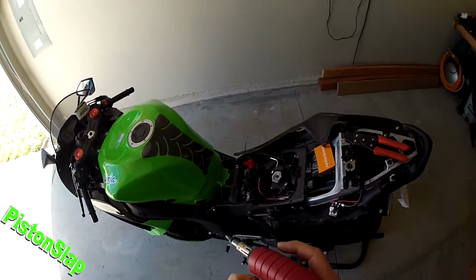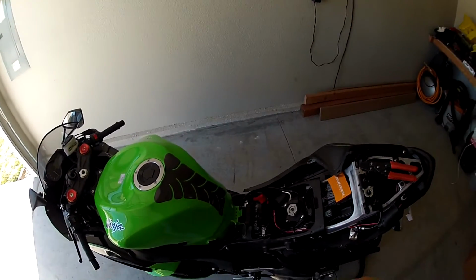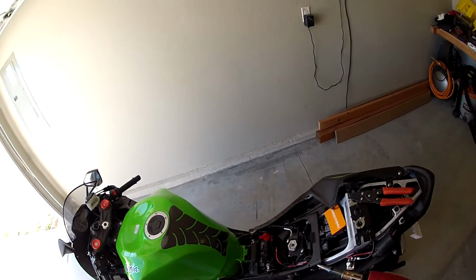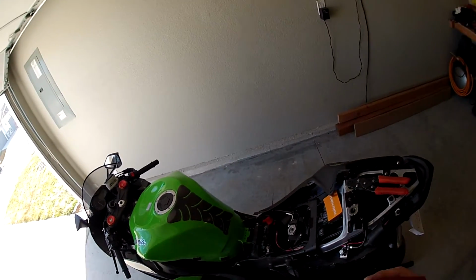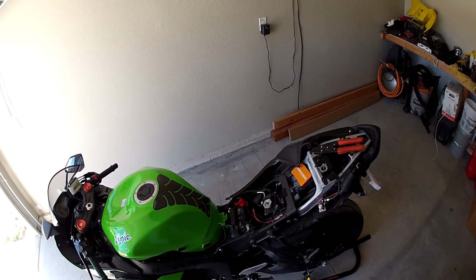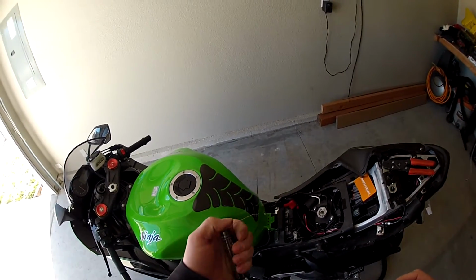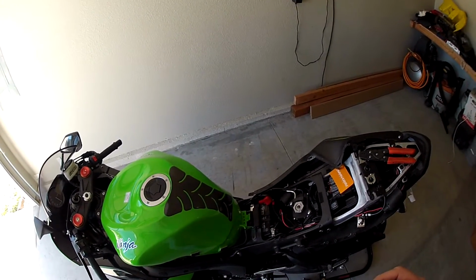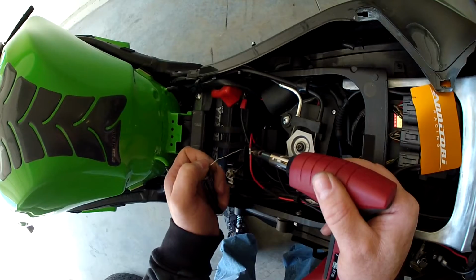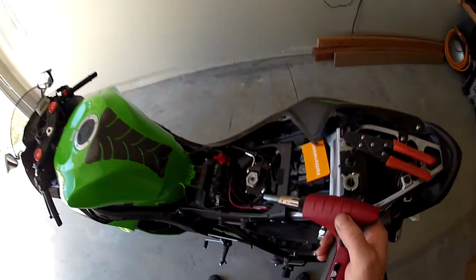Alright, so another thing I always recommend when you're soldering is if you're doing small wire, use small solder, don't use the big honking stuff. There are differences in solder. There is electrical solder, and then there's solder for like copper pipe in your house. Don't use the stuff for your house because it's got like an acid in it that will actually cause corrosion in the wire and cause you problems down the road. If you want the thin stuff like I've got, you can usually find it at like NAPA or an auto parts store. You can just look around. And at 40 degrees outside it takes a while for things to heat up, so the solder's not sucking down. Alright, when you get it soldered, you just go ahead and